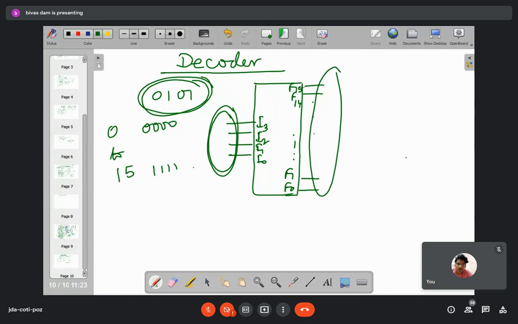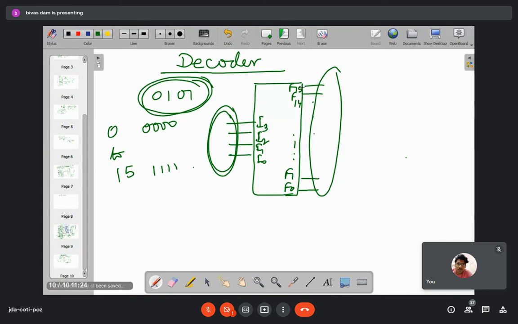But if you go for the active low output concept, in that case one output is active, which implies that particular signal is producing logic 0 output, and the other inactive lines are producing logic 1 output. So hope we can now distinguish between the active high output concept and the active low output concept. Is it clear, or should I repeat? Repeat once.